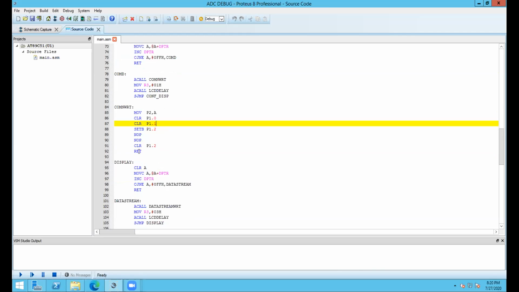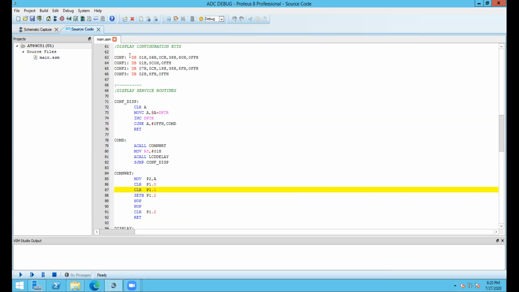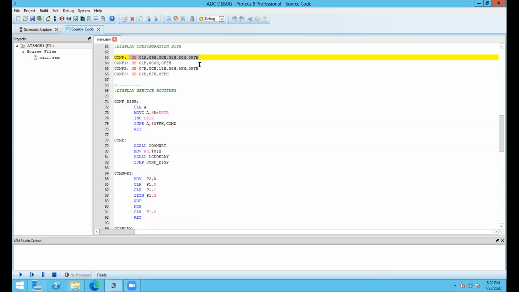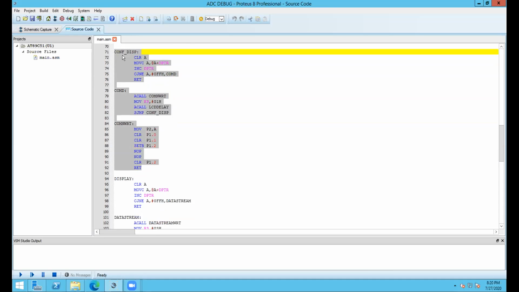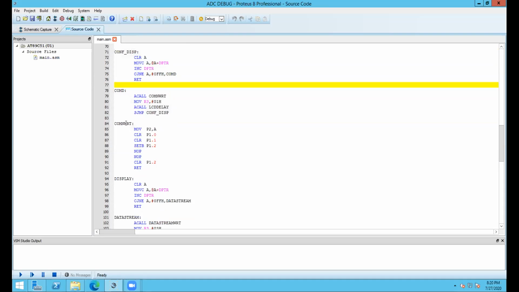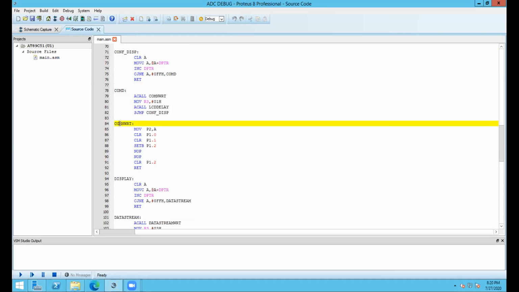See, two types of data we need to supply to the LCD. One is the configuration data and one is the data to be displayed. So this is the configuration data we have here. This configuration data is pushed to the LCD by this function. Rather, this set of functions: the confdisp function, the comd function and the common write function.